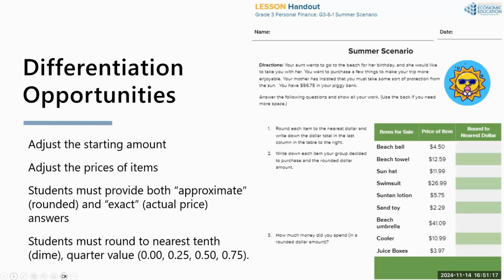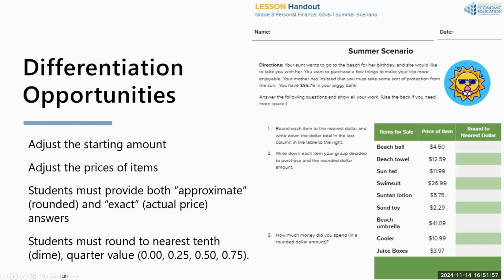You can obviously adjust the price of your items to make them more or less expensive or more or less difficult to round. We have a lot of 99s, as you can see in this example. That's a pretty easy key to round up to the nearest dollar. So if you're trying to challenge them, you just change some of those nines to fives or sixes for that added challenge. I also like the idea of doing both approximate and exact answers, the rounded or estimated cost and the actual total that Ozell would be handing over. Because when we're counting our change, we don't want to estimate. We want to know exactly how much we're getting back.